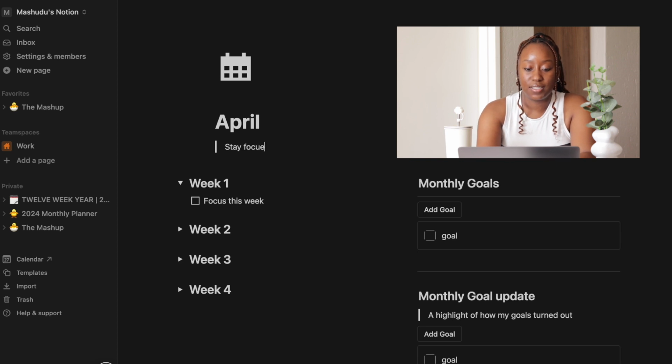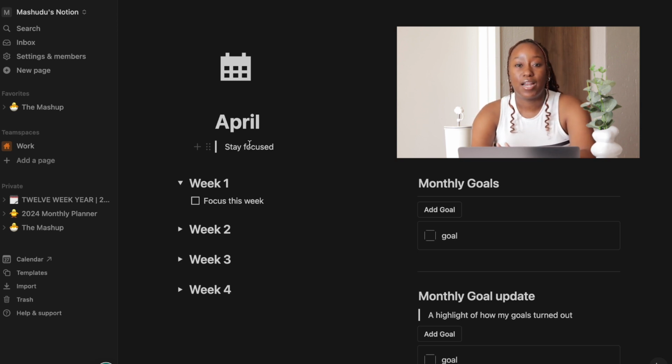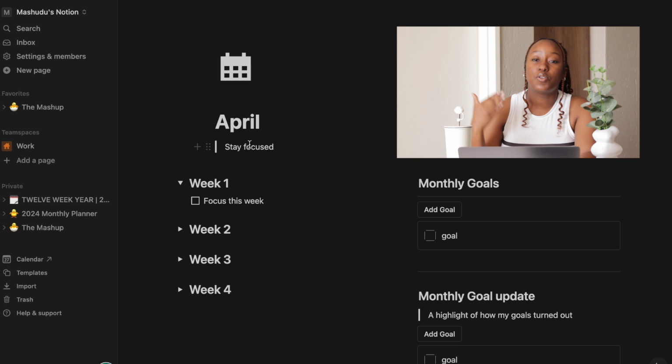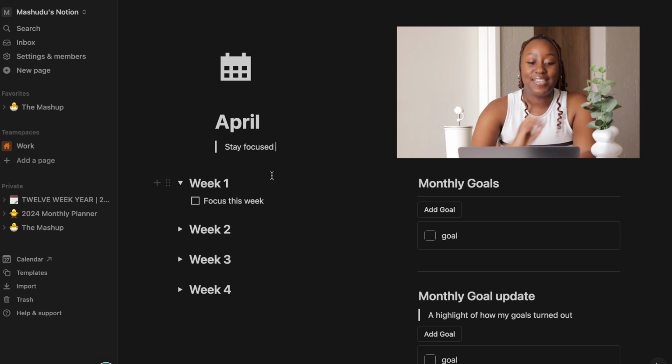Stay focused, right? Because I can feel that my momentum from Jan is kind of dying down. Not dying down completely. By that I mean I sometimes don't do the things that I said I would do. Like, I'm making too many excuses now. Instead of making one excuse, I'm starting to make 2 excuses, 3 excuses, procrastinate a little bit. So I don't want that to happen, because I know if that continues to happen, I'm just not going to do anything at all. So let's say this month in April, we're going to stay focused. That will be our monthly motto.